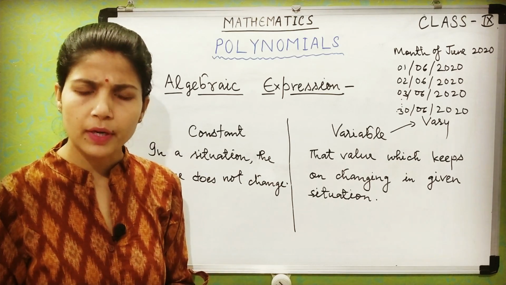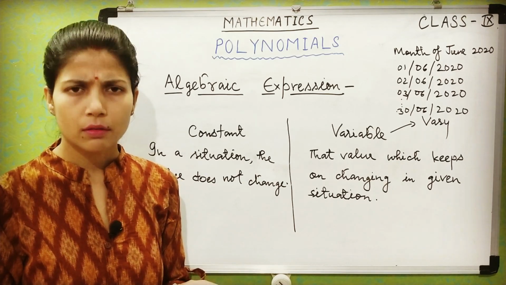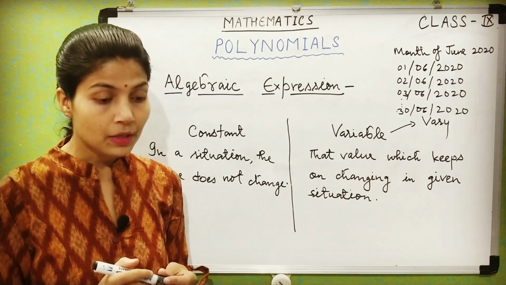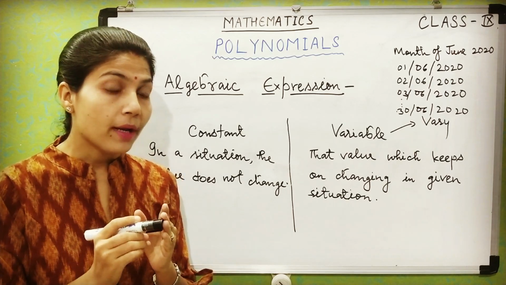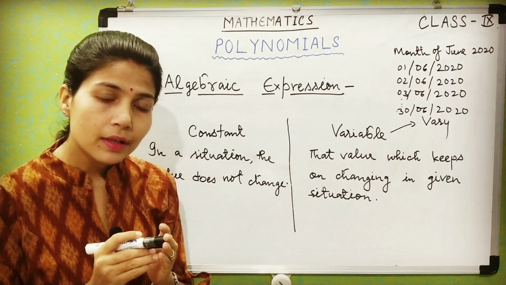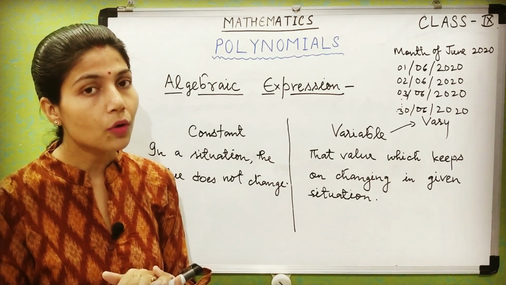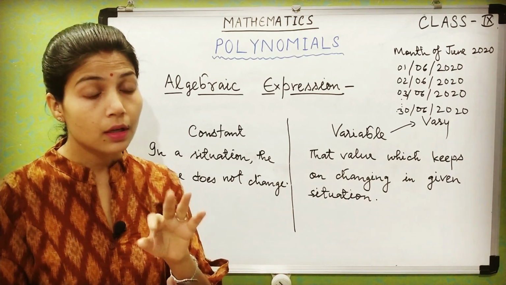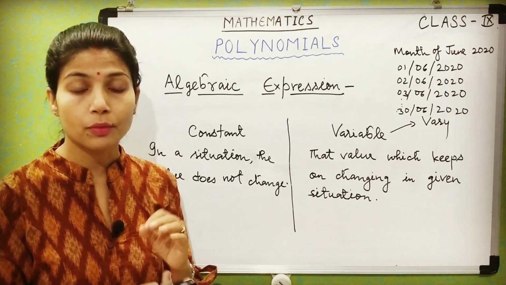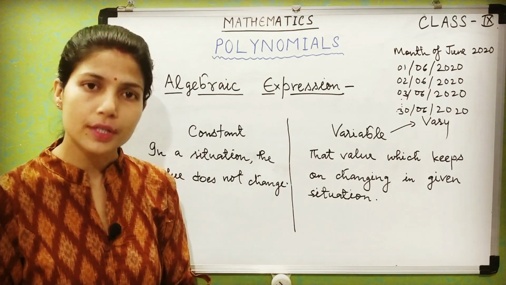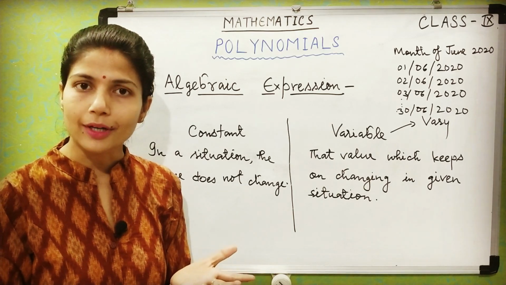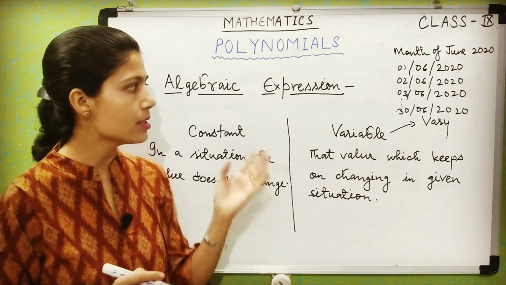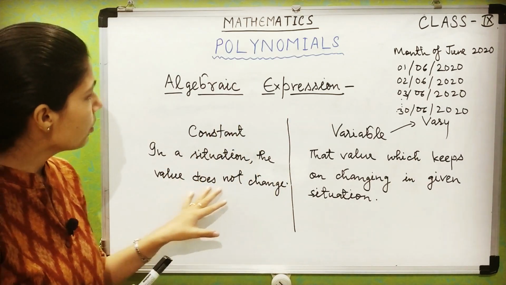Either you buy one pen or two or three or 10, whatever, it will come under 100 rupees. So the quantity of pens you are buying is your variable, and the cost of the pen will be your constant, because it is fixed: per pen cost is 10 rupees. So we will consider the cost of a pen as constant, and the variable here will be the number of pens you are buying. This is also a general example to understand constant and variable. So that is all about constant and variable.